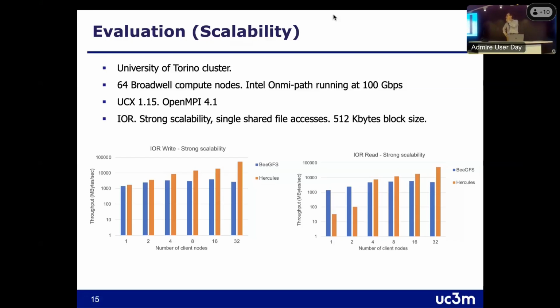Again, a predefined set of server nodes. As you may see, Hercules is the red lines and BeeGFS has the blue line. And for write, we are increasing the scalability. Actually, as you increase the number of nodes, you can see that BeeGFS keeps the scalability and decreases when you use more than 32